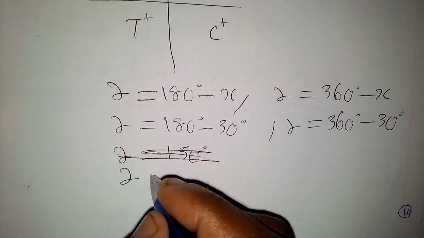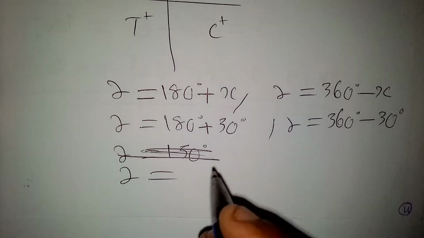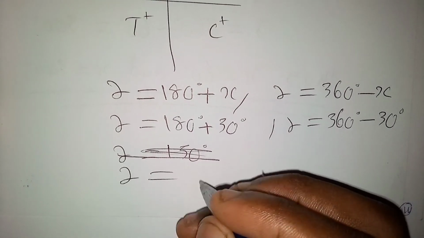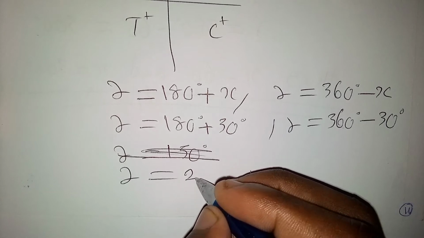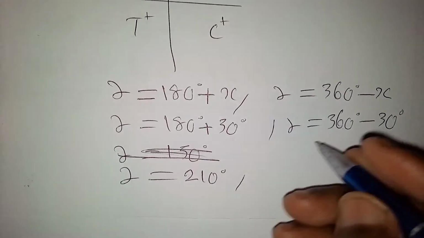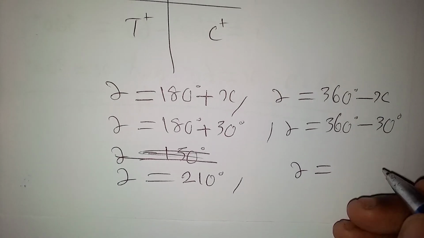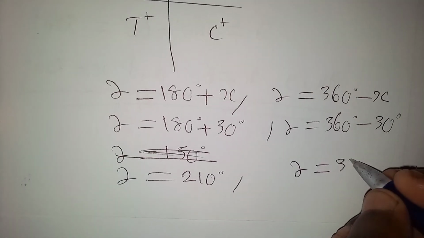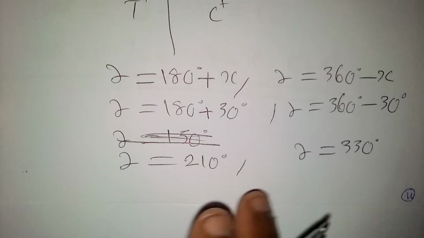Okay, so it will be a plus here. It will be a plus, so it will be 180 plus 30 degrees, that will be 210 degrees. Then here we have alpha equal to 360 minus 30 degrees, that is 330 degrees. Okay, then